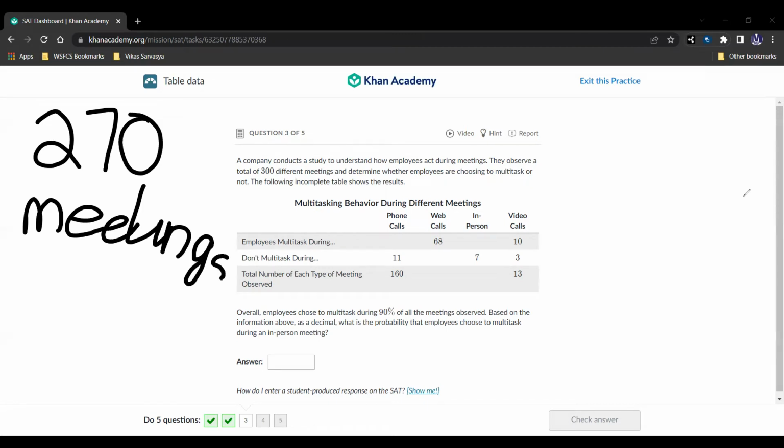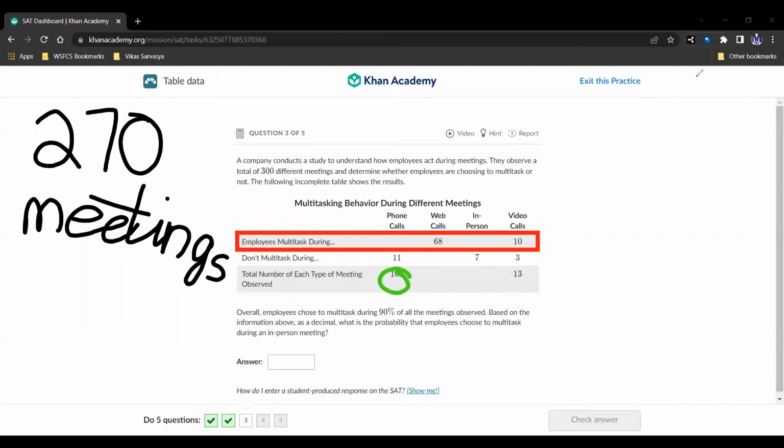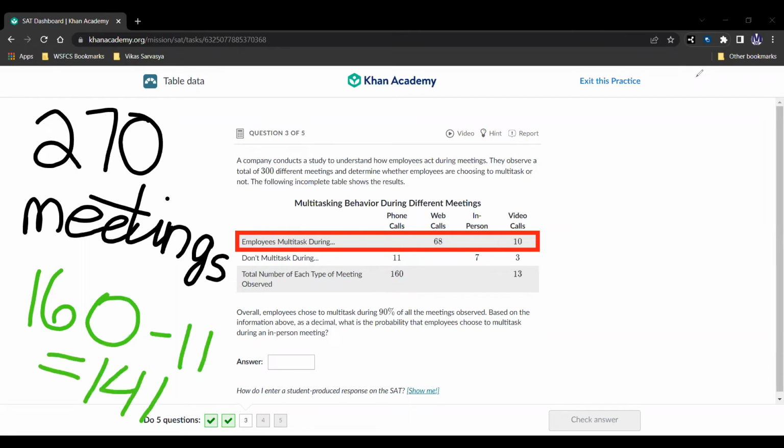And that's going to be the sum of this row right here. So we just need to find everything else in this row, and then we can find the in-person. Well, how do we find the phone calls? Well, we're given the number of total, and we're given the number of ones who don't multitask. So we can subtract that to make 149. The 149 goes right there. It's going to be 149,